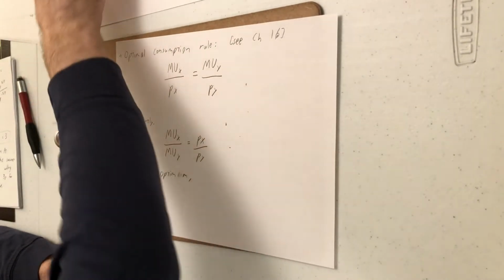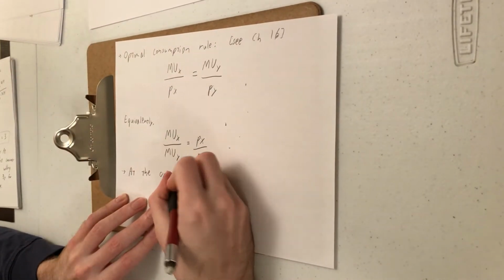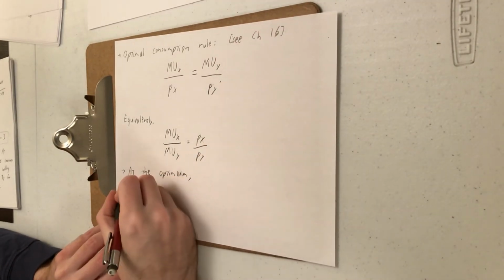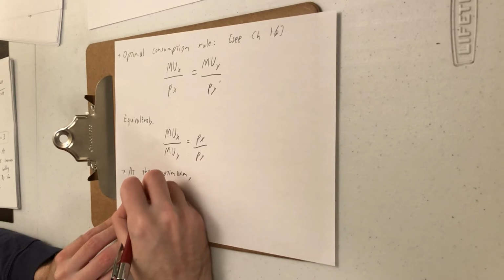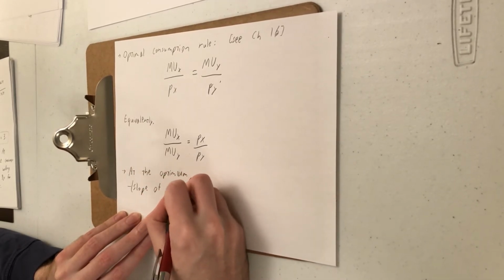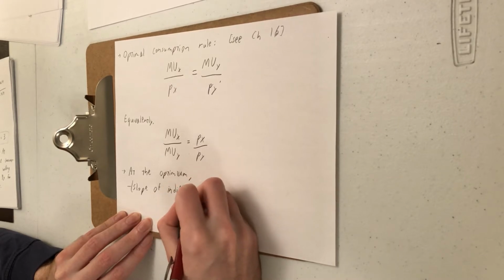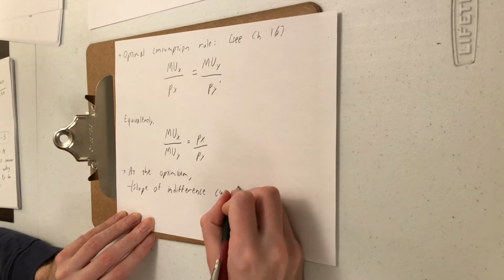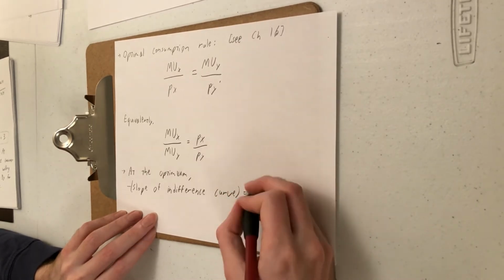So when you're optimizing, you have minus the slope of the indifference curve, which is the MRS,